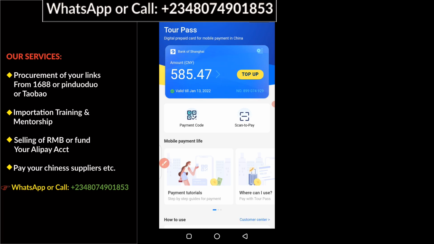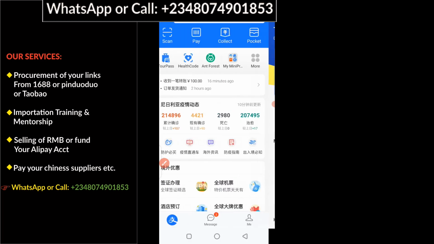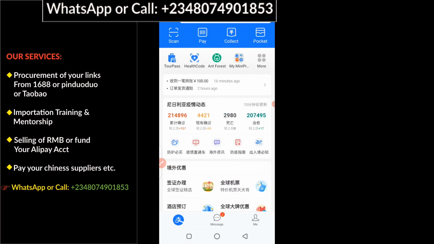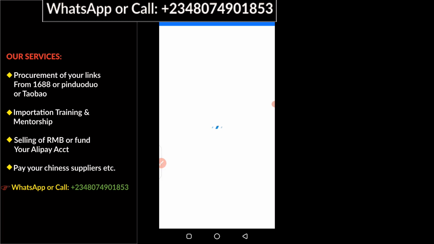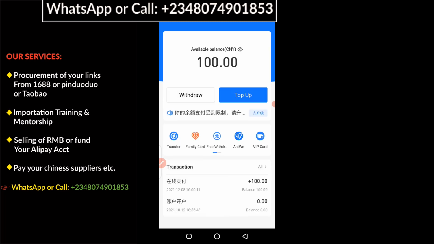So let's quickly go to my Alipay balance. So we have to go back. Now, for you to see your Alipay balance, you have to come here and click on me. You click on that, then at this point here where you see balance, this is where you see your Alipay balance. So if I click on this balance here, I'm going to see the fund I have in this account. Alright guys, so you can see now